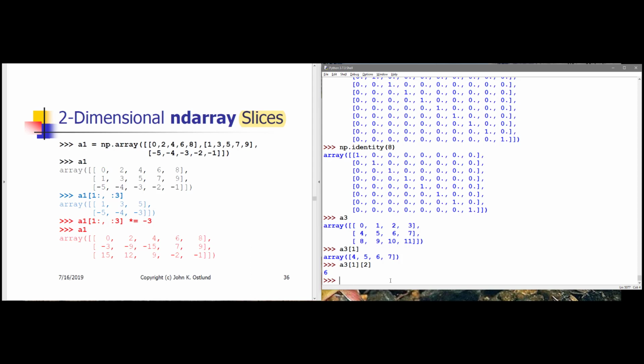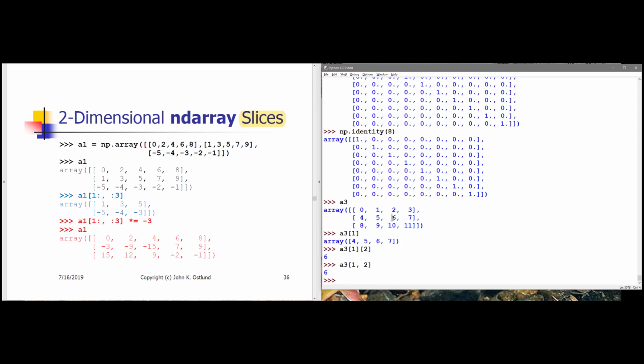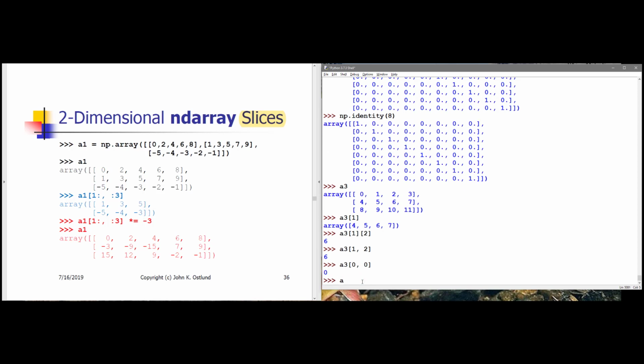But with an ndarray, we can just use row, comma, column notation as we would in regular mathematics to access a particular cell within a matrix. So I can say A3[1, 2] as a more familiar way of accessing this item 6 in row 1, column 2. A3[0, 0] is the upper left value. A3[2, 3] is the lower right value,